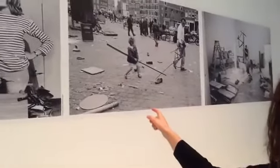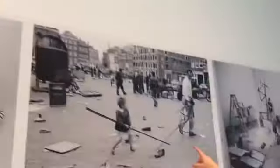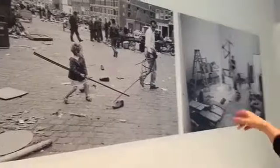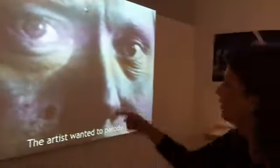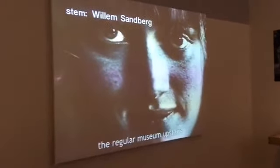The weeks in advance that were used by Tinguely and the other artists to build up this whole construction was documented by Ed van der Elsken. And I have put here some photographs on the wall. Here you see Tinguely on the Waterloo Square, getting all kinds of stuff that's left over there. You see Robert Rauschenberg installing his installation. Ed van der Elsken also made a film, that's the sound that you're hearing. You hear now Sandberg explaining what he finds is so extremely important